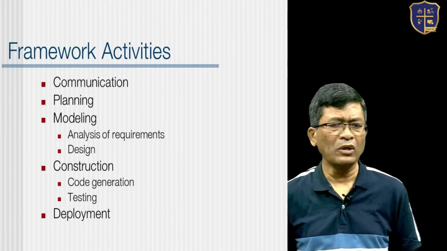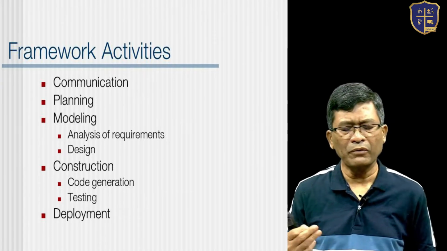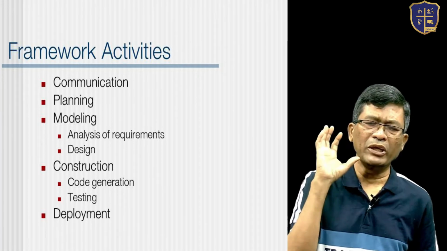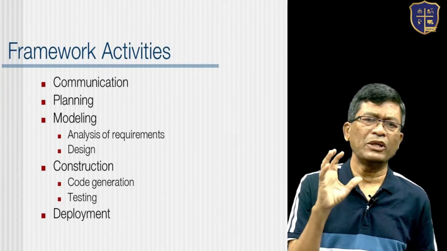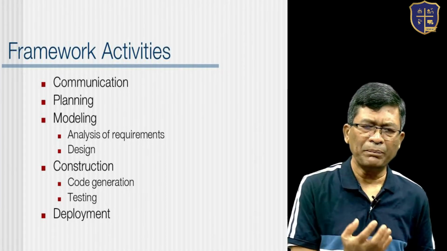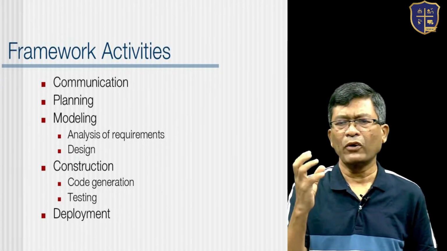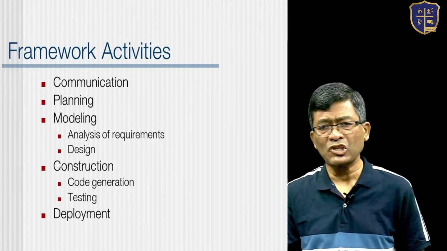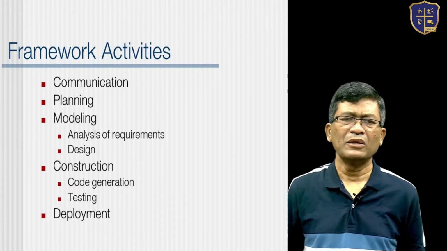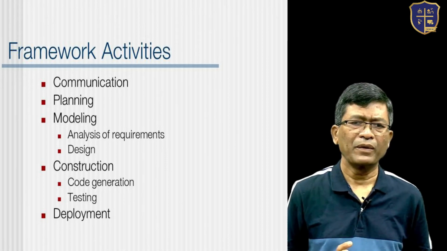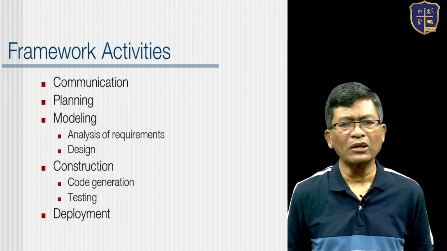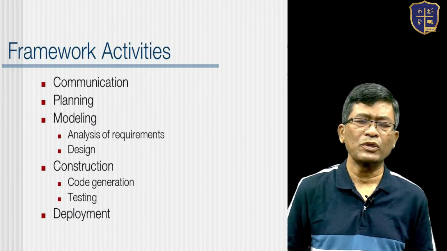The different authors present it in different ways. As this is your textbook, we shall keep to this. Communication. Any project that you want to do, it is based on communication between the developer, who is the engineer or the requirements engineer, with the customer, with all users, with the project manager, etc. So communication is very important. If a software engineer is not able to communicate, he cannot guarantee success to his work.